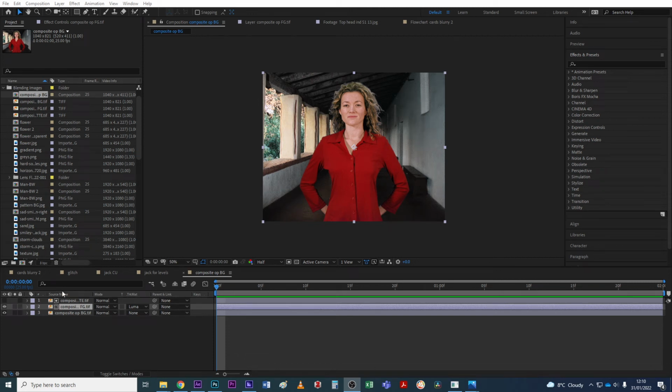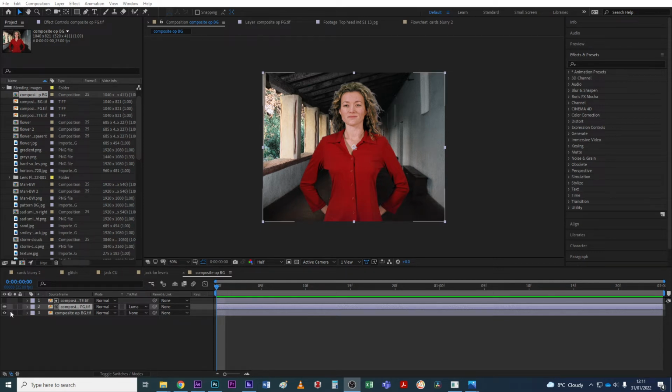Okay, so this video looks at Luma-based Trackmattes. What we're going to be doing is looking at a very simple setting change that we make on a layer that allows us to create transparency. And we could do that in a number of ways. We can do it in a way that allows us to create a realistic composite where we have someone